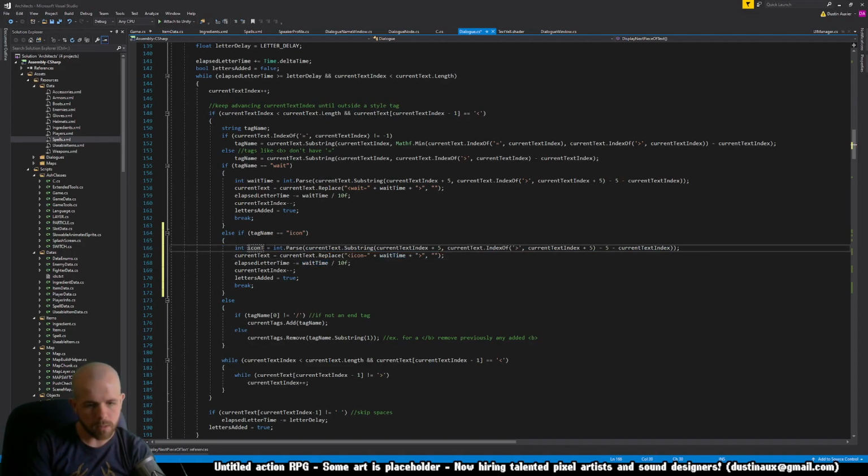Get the icon type. It's going to be current text index of